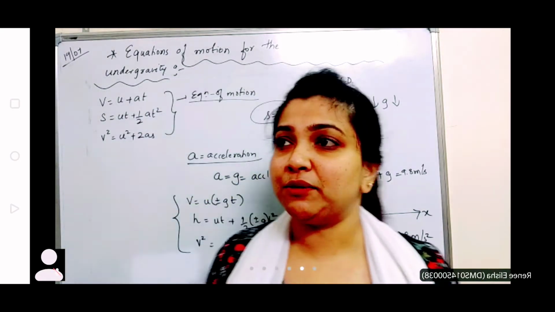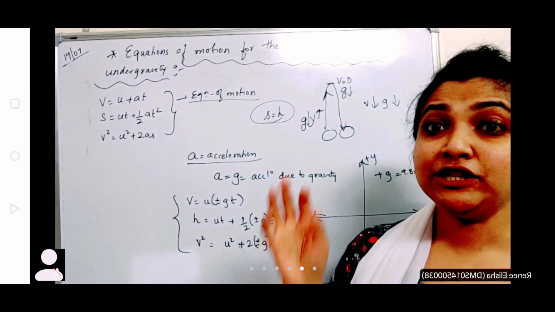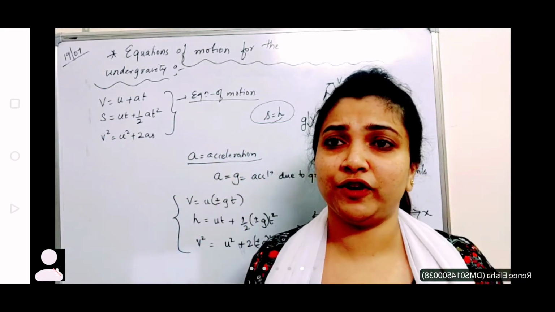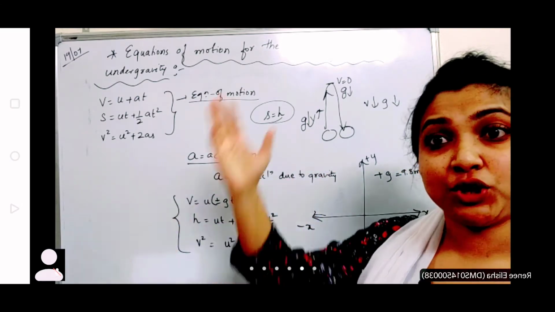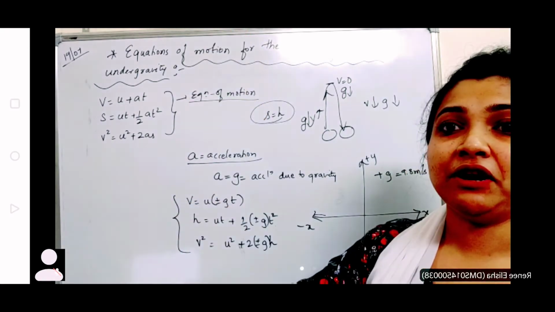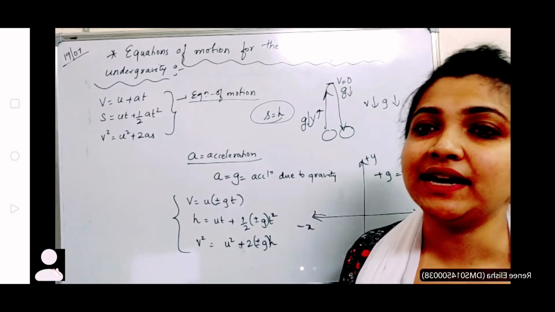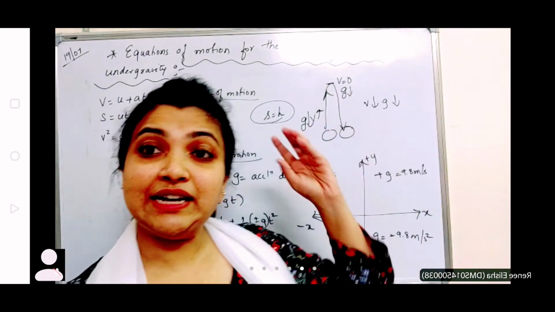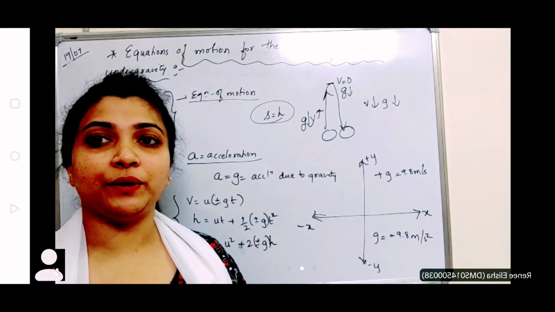Can quickly someone summarize what is all this? Equations of motion for motion under gravity? Please don't be confused with the signs, okay? I too had a lot of confusion. Why is acceleration due to gravity positive when it is going up? It's not positive. It's just the direction is mentioned as positive. When it is coming down, the acceleration due to gravity is positive, but only due to sign conventions we take it as negative. Am I clear, children? Please don't be confused with this. We will study more about this in detail when we are doing the gravitation chapter. A lot about sign conventions we are going to study there.